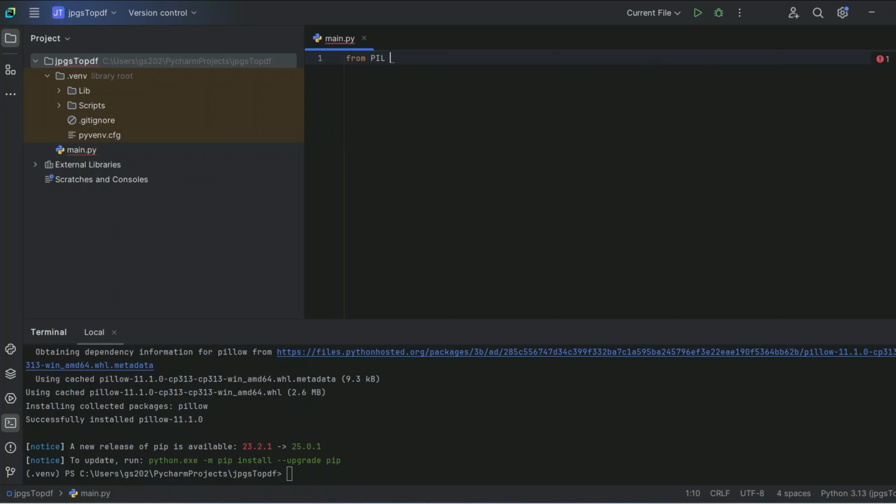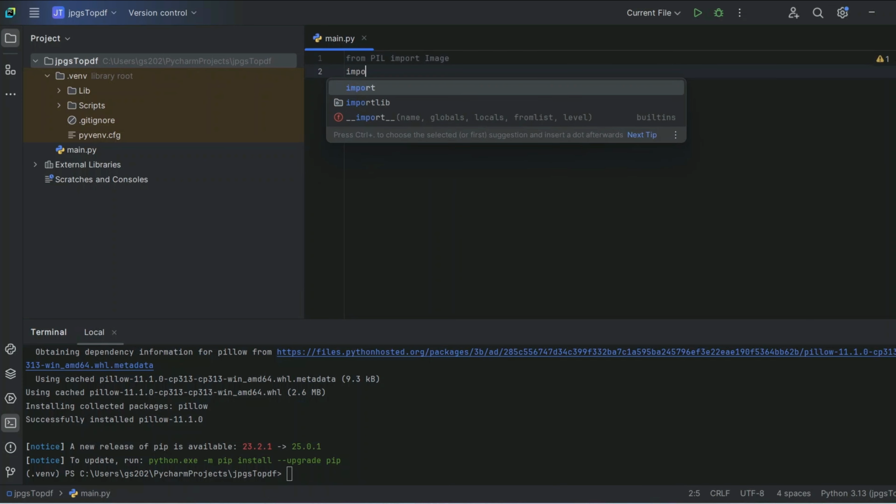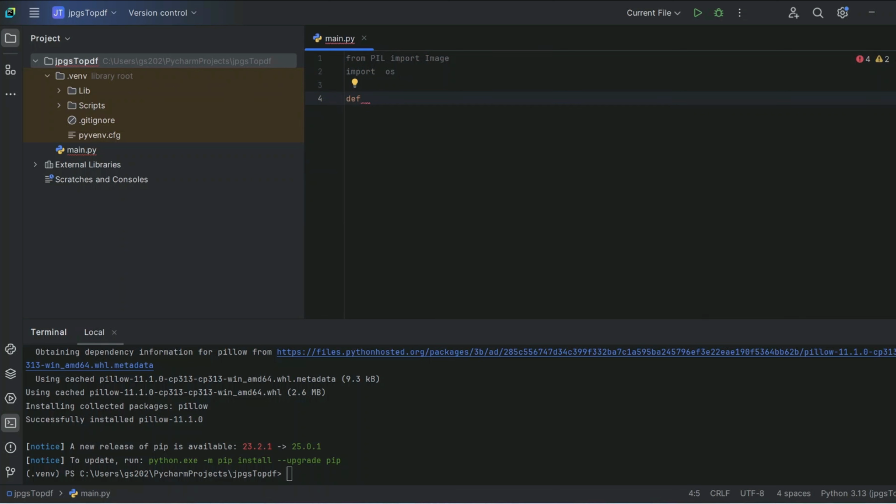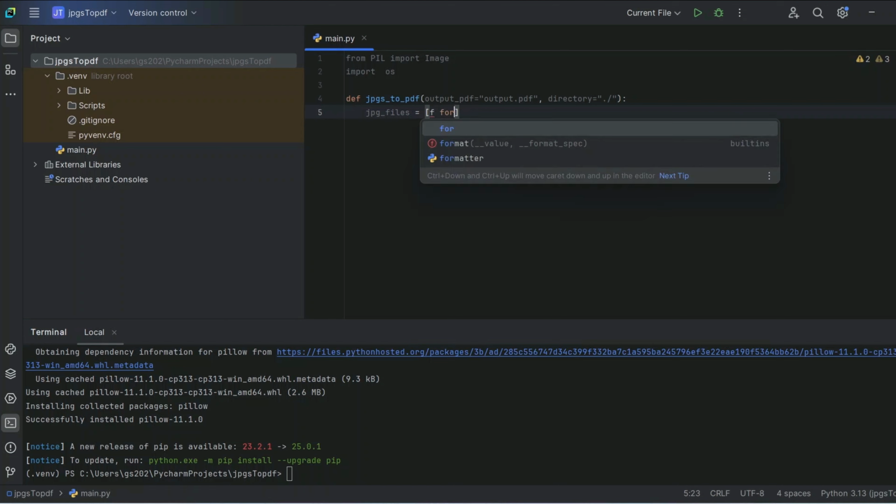So from PIL import Image, then we are going to import os, and after that we are going to create our own method. Let's give the method name something like jpegs_to_pdf. You can give any name, and what I am going to show you in this video will work for JPG files also, so no need to worry. You can provide some file name, in case we are not providing, it should take that. Then the base directory, and then we are going to grab all the JPEG files that are there in the folder. So we are going to write a loop for that,